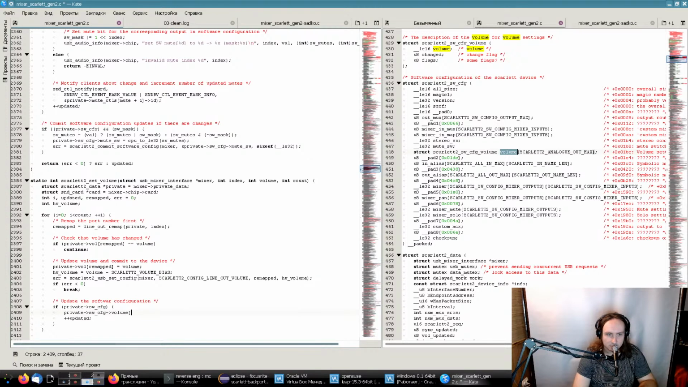Add the index, volume, CPU to LE16, and here we pass the U16 hardware volume. Probably this will work. So we have updated the volume settings,